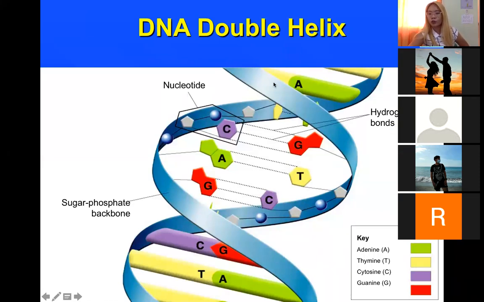It is composed of two strands. This is the backbone. The backbone is composed of the sugar phosphate, the deoxyribose, and the phosphate group. And then in between them are the hydrogen bonds connecting the two nitrogenous bases. So ang ating connection is always one pyrimidine that is connected to a purine.